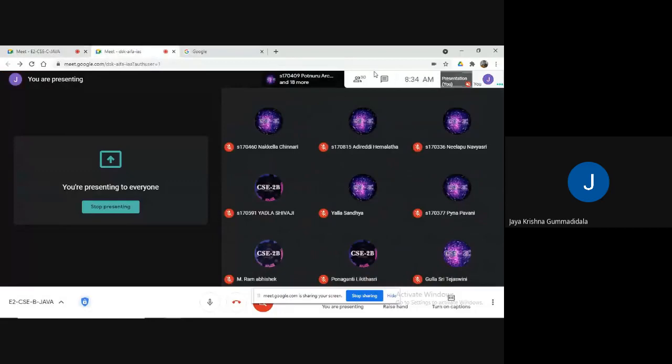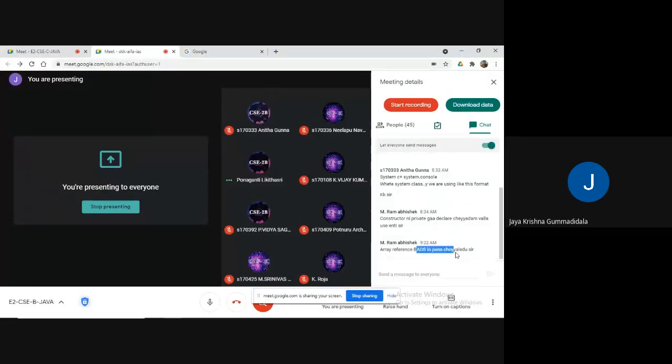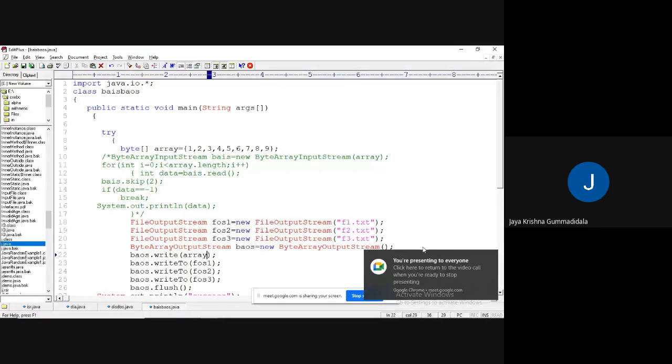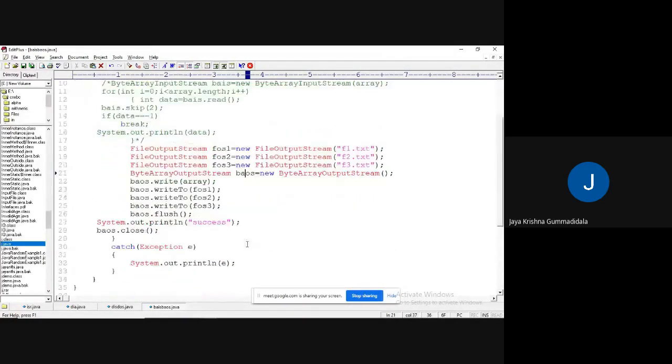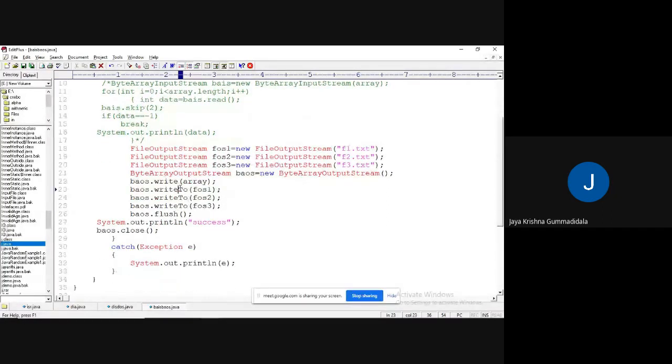Somebody has told me array reference behaves partially. What happened? Yes, I have passed the reference, right? Here I have passed it. Anyway, I will check this and get back to you in the next class.